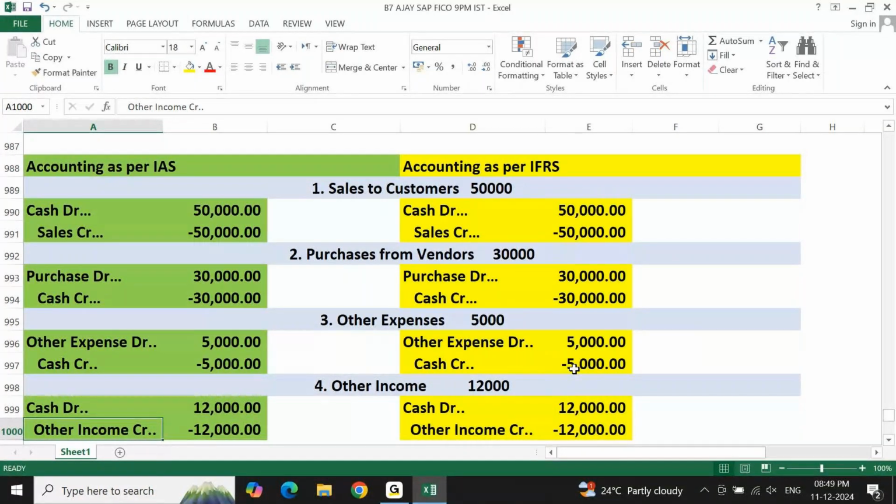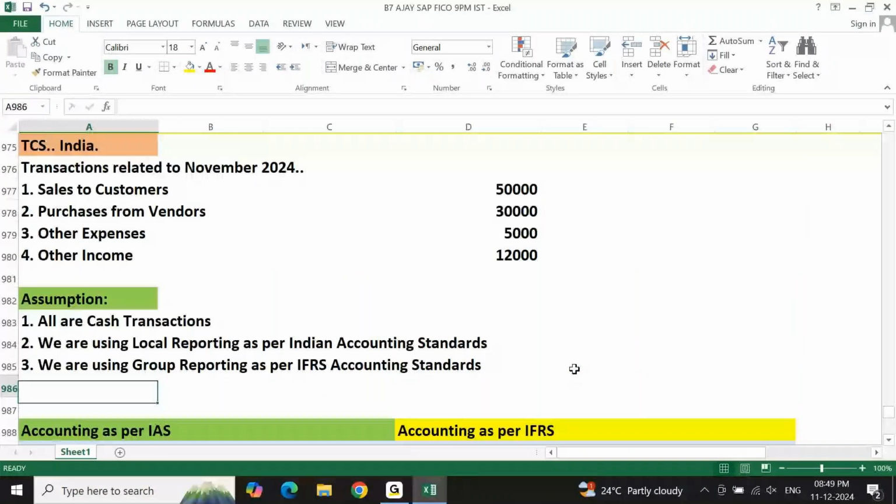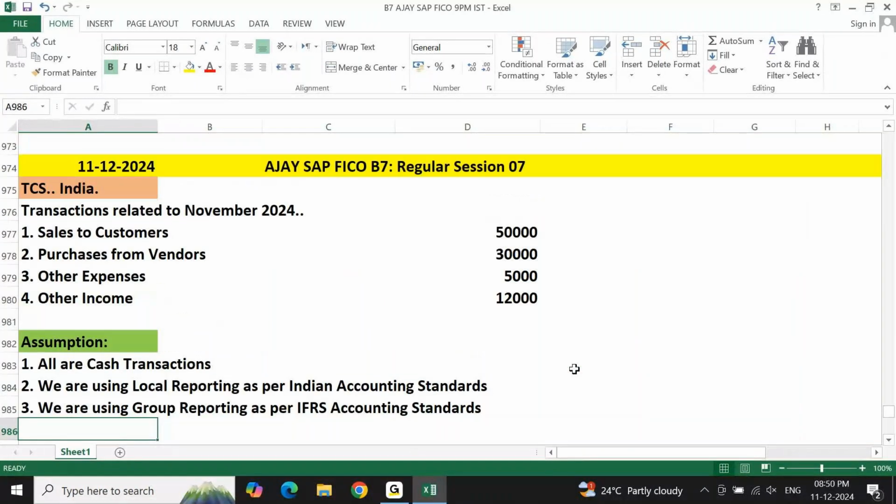Alright, let us stop this here. In tomorrow's session, as I said, we will connect the same example with accounting related to SAP, as per Indian accounting standard and as per IFRS accounting standard. To bring this into SAP, what parameters we need, just additional parameters I will add. I'll connect this to